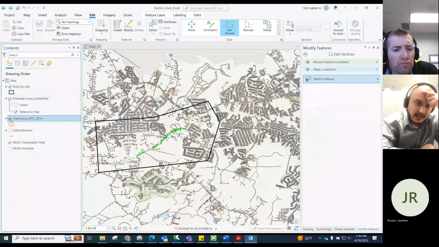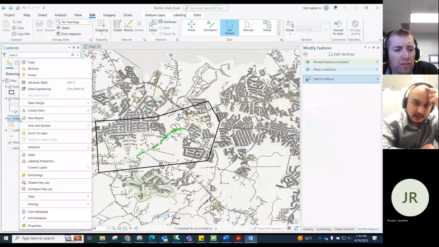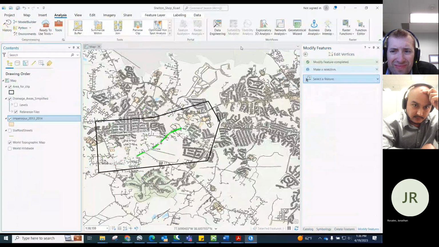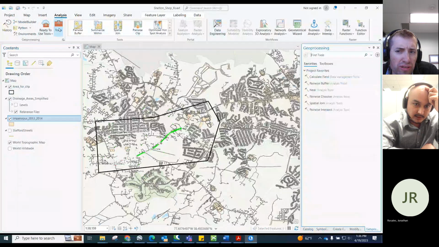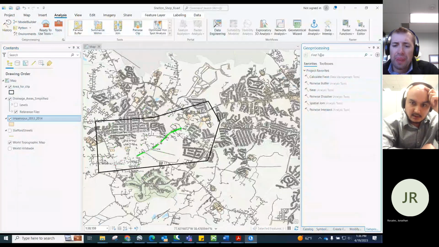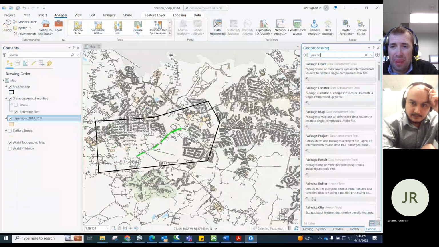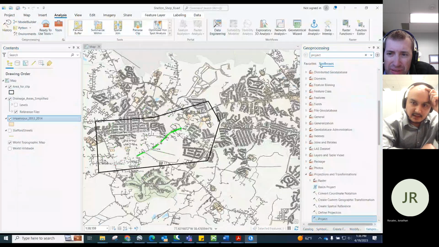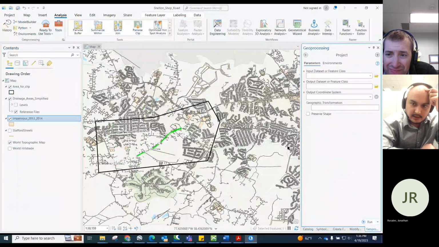You need to go to Analysis on the top, then Tools on the bottom of the analysis, and find the Project tool. Just type project. Yeah, the first one. Double click that and open it.